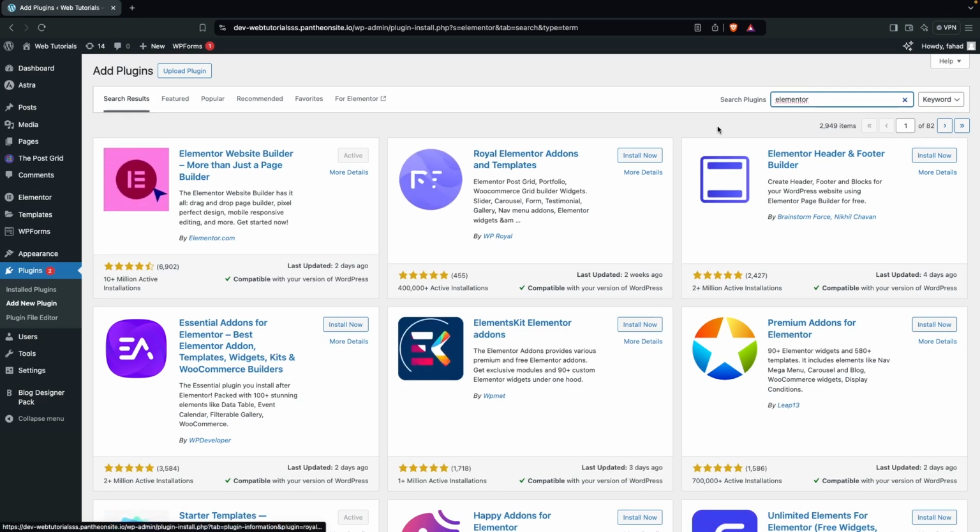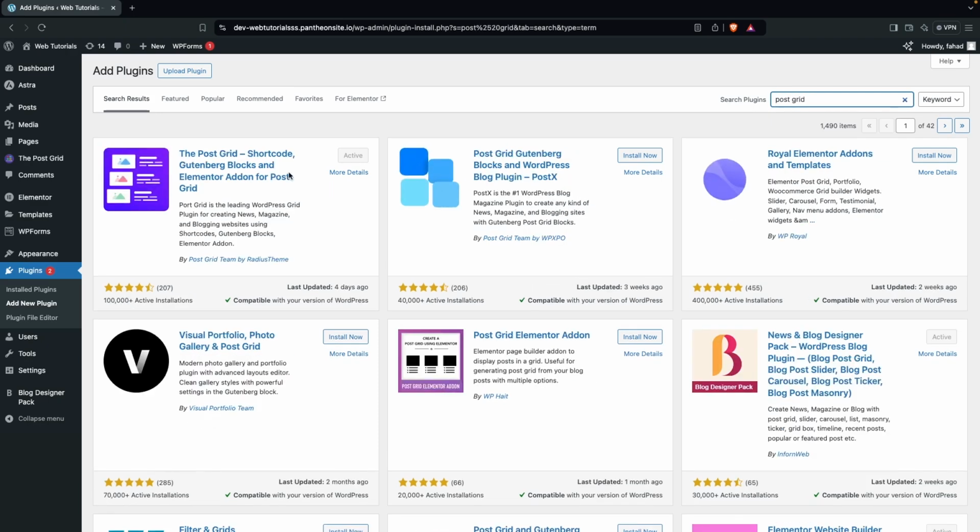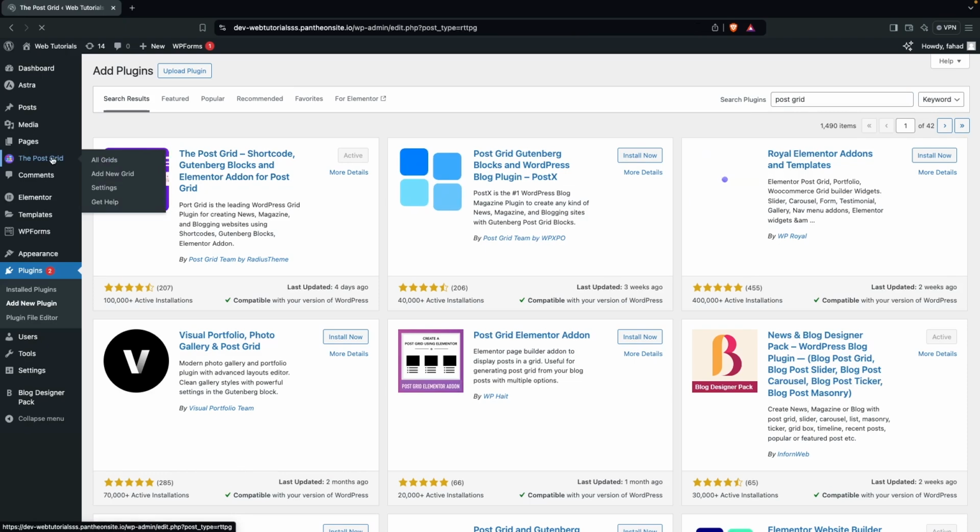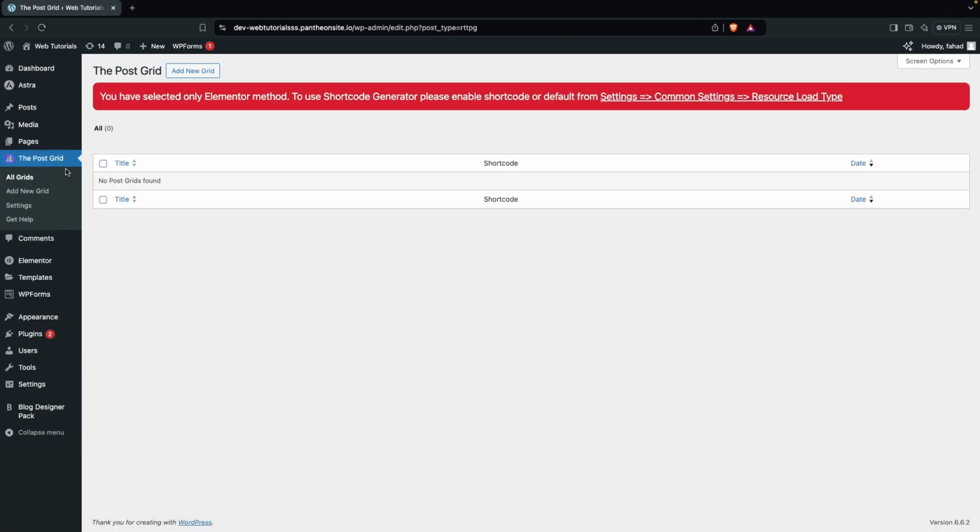After that, we have to install PostGrid. You can also see PostGrid at the top of the search, by Radius Themes. So we have to install and activate this plugin. After this, you will be able to see the PostGrid here. And as you can see, this is how it is looking, but we actually don't have to do anything